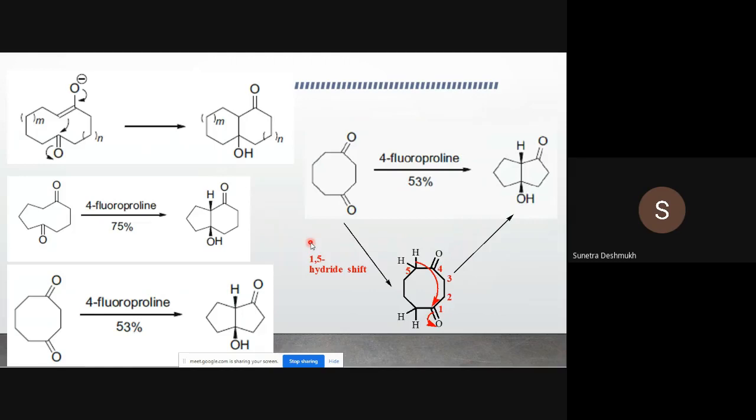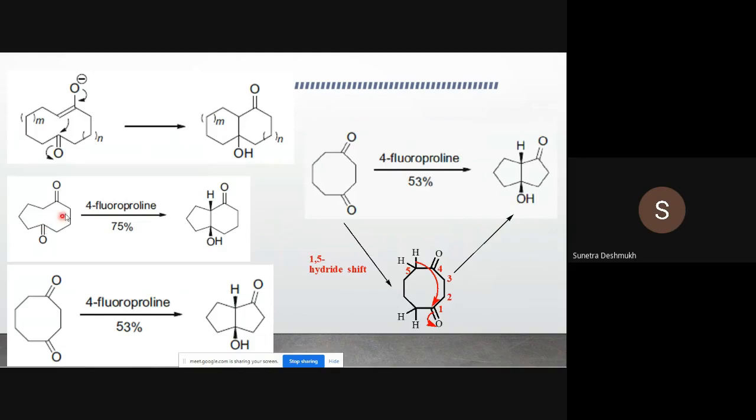in different reactions. So here we have taken a 10 membered ring with the enolate form here and the carbonyl group, and how this carbon-carbon double bond is taking part in the reaction to form this fused system. Okay. The next one is a 4-fluoroproline. In presence of fluorine the reaction occurs. How again the hydride present over here is taking part in this reaction. So hydride undergoes the hydride shift from this carbon atom to over here.